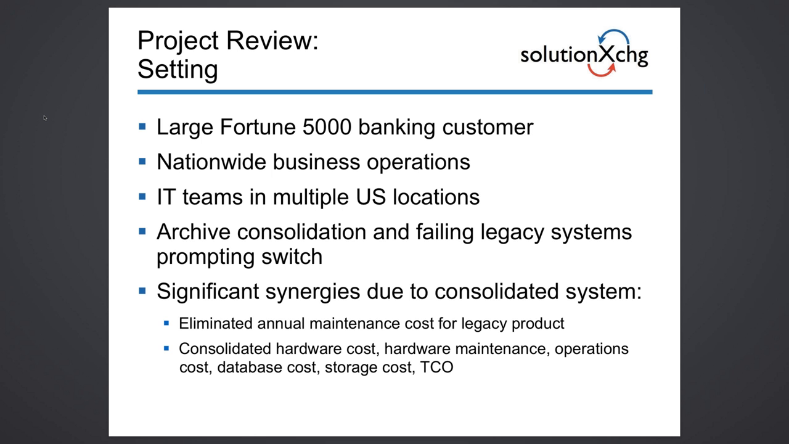A large Fortune 500 banking customer, nationwide business operations. The archives in question were used by hundreds of people, if not thousands, all over the United States, from branch locations to headquarter locations. The bank had multiple IT teams in multiple locations. High availability backup scenarios in place, a very regulated IT environment. They approached us to consolidate two archiving systems, two SAP compliant archiving systems, and